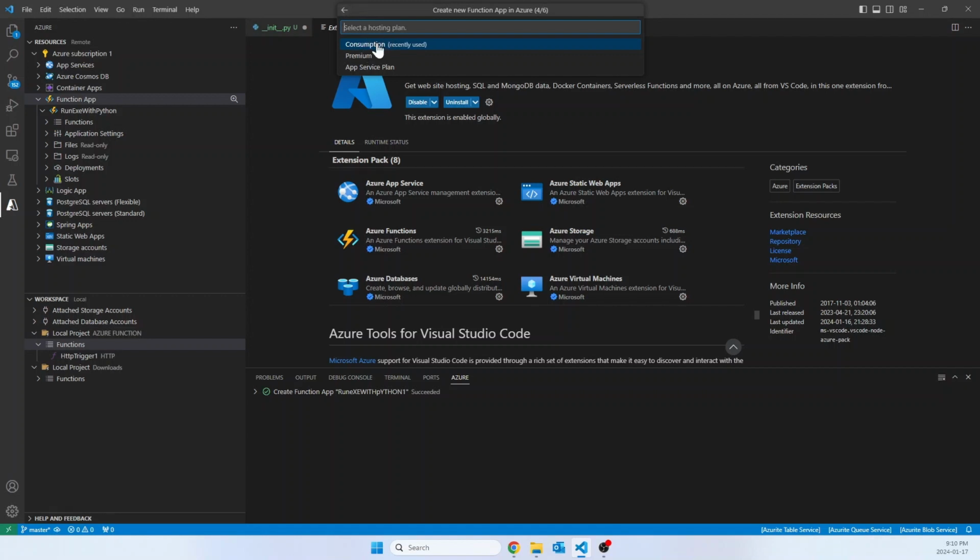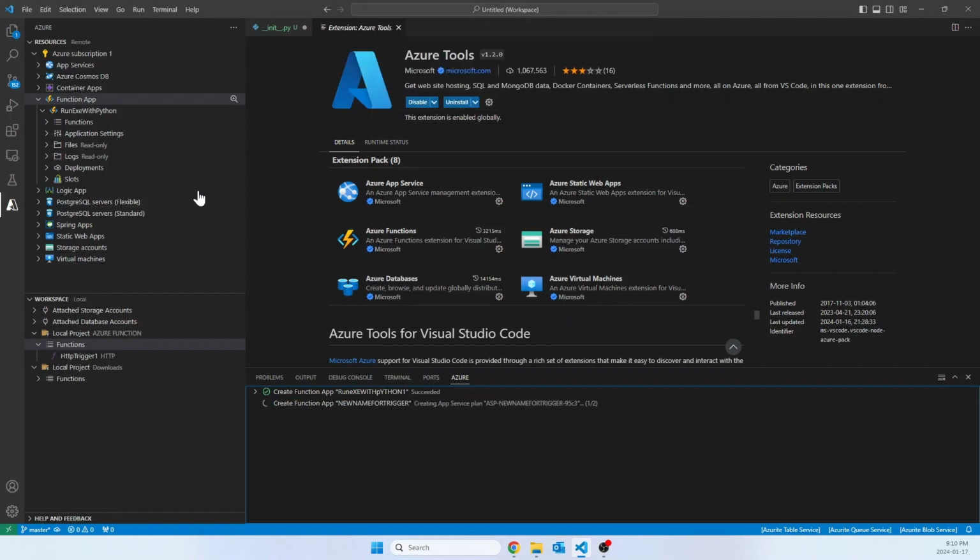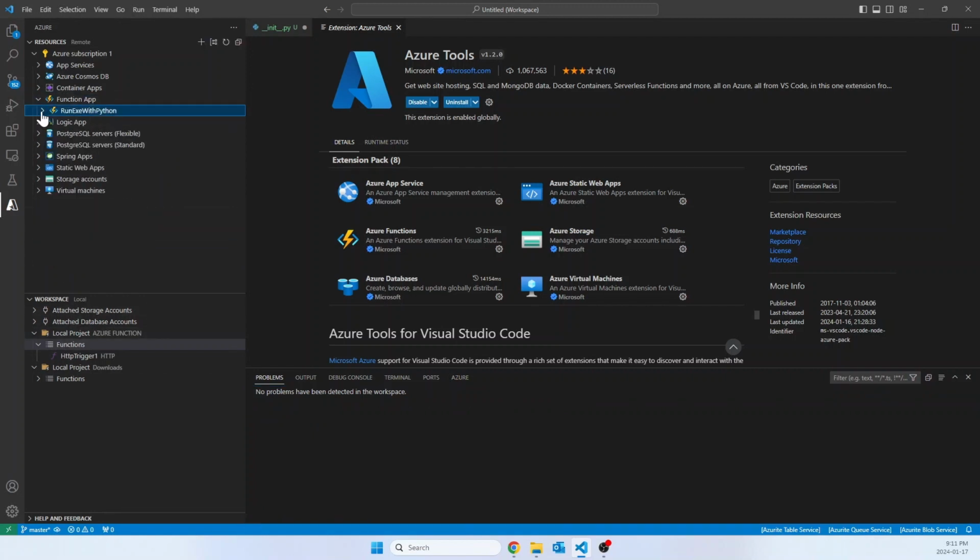For the hosting plan, select consumption, and for the storage account again, the same one that we put before. For the Application Insights resource, let's make it simple and skip it for now. So let's imagine that this will run successfully here. Now what we need to do is, within the functions, we have the HTTP trigger because we already deployed it